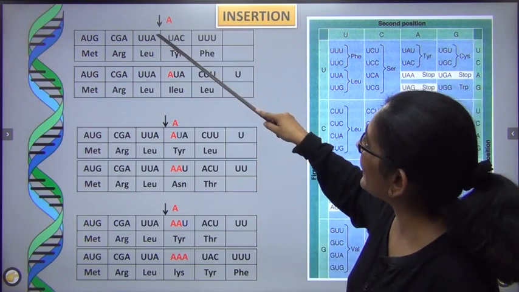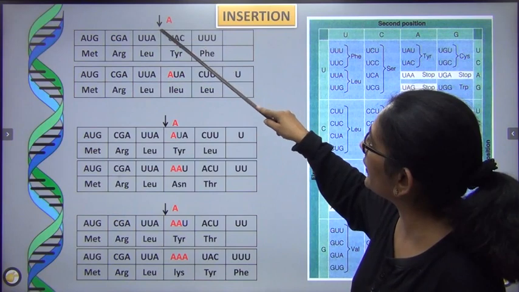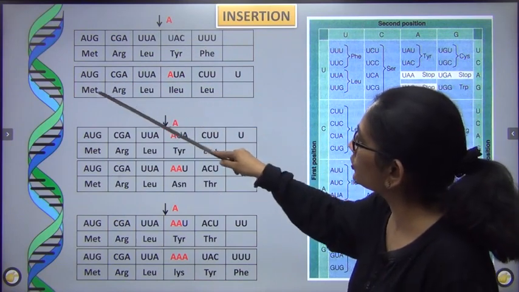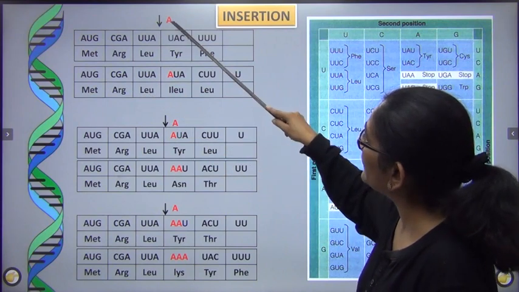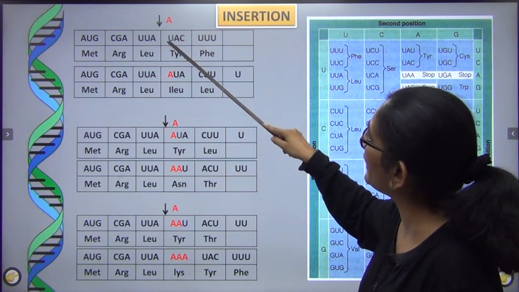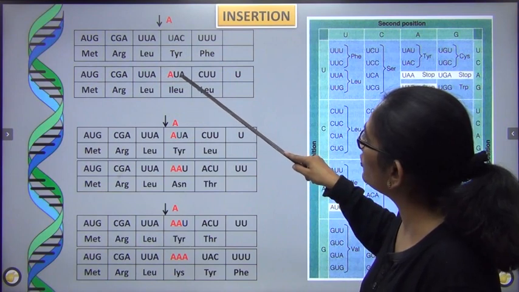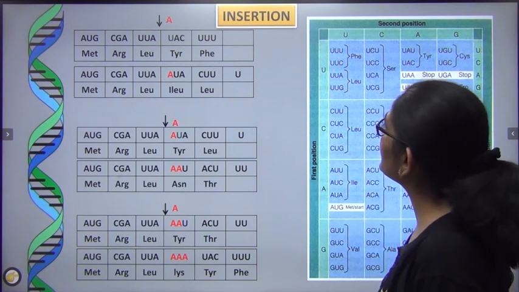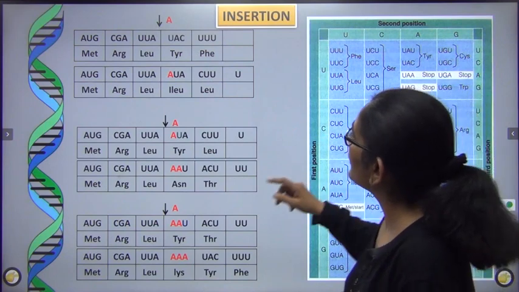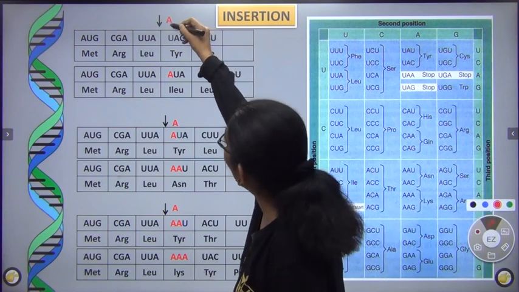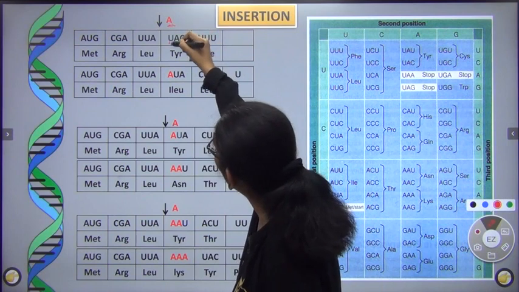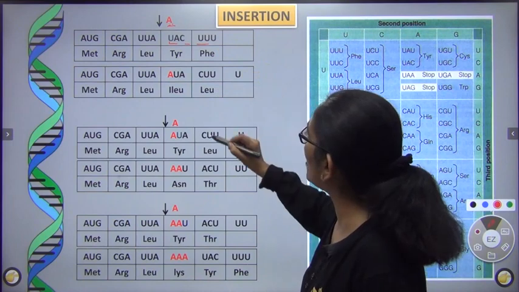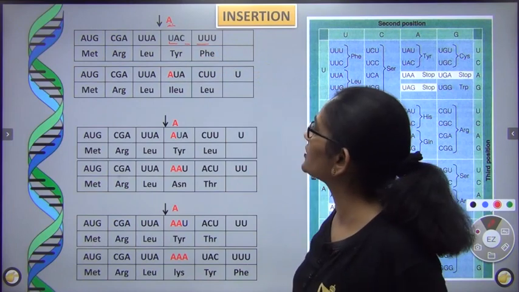Now what happened is I added one nucleotide at this point. You can see A. तो यहाँ तक के तो codons are same, so the amino acids are also same. But यहाँ onward it changed. Now it has become AUA, AUA, right? And this C has moved here. You can see it very well. So it becomes CUU. Now that you added A here, this becomes 1, 2, 3, and this will become 1, 2, 3, CUU. And this has gone. So the corresponding amino acid has also changed.